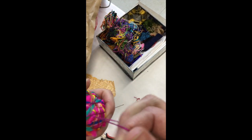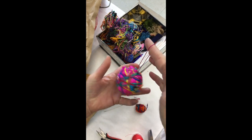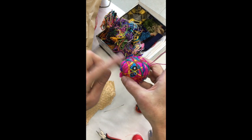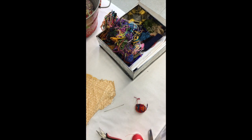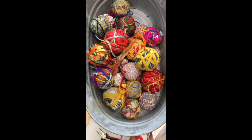So there's a hanger. Now you have this really super cool ornament with a little sparkle from the original beaded buttony part, and there you go. I think these would make really cool garlands all stitched together into one long rope. They look really cool just in a group like that, maybe displayed in a big glass jar on your